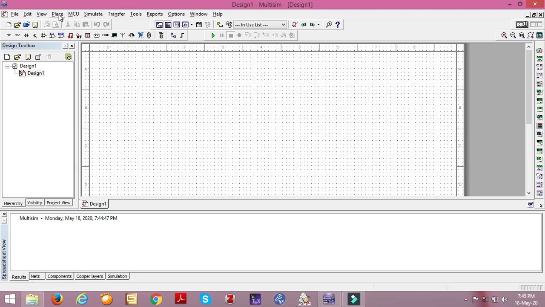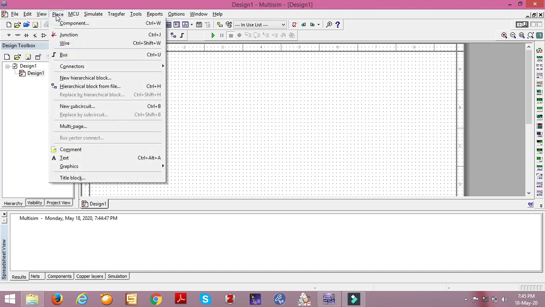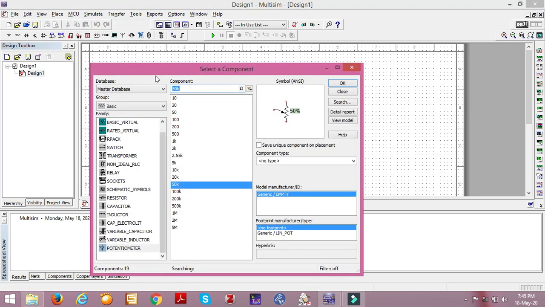First pick the components and place them on the workspace. Later you can rig up with the help of wires and use the virtual instruments to measure the output. Click on place and click on component. If you are choosing components repeatedly, just press Ctrl W as a shortcut.